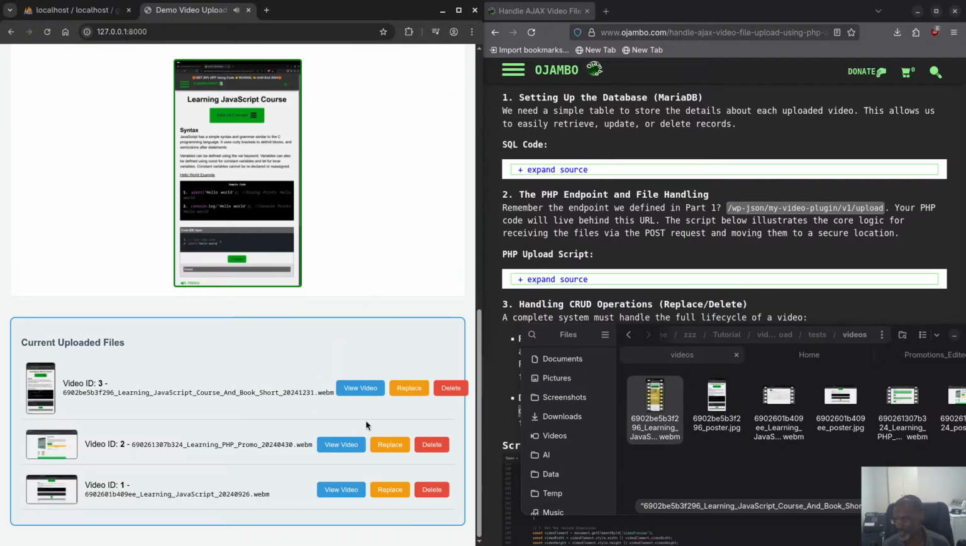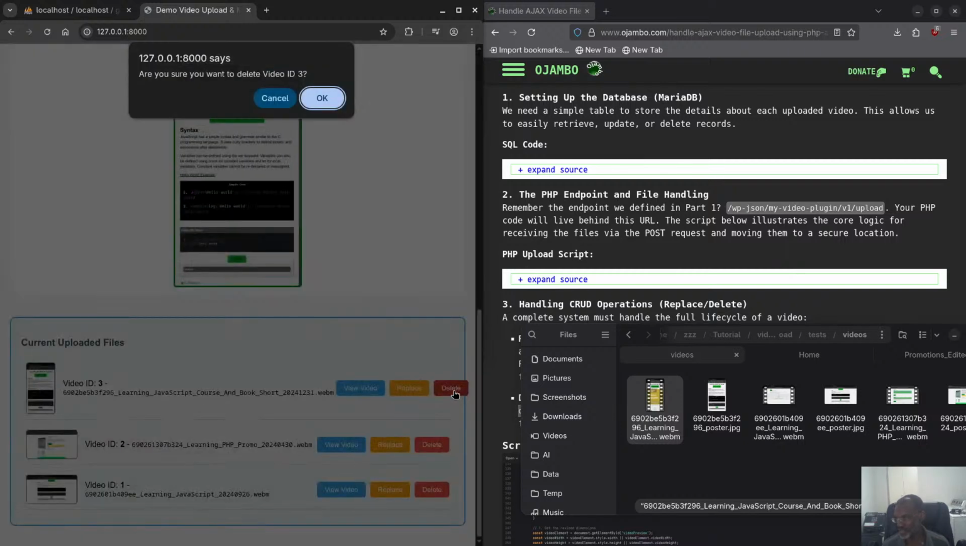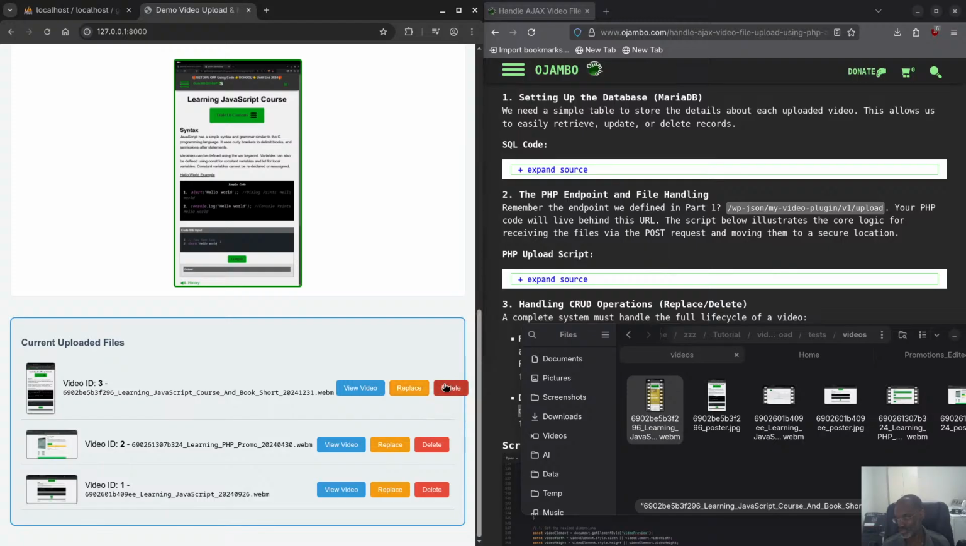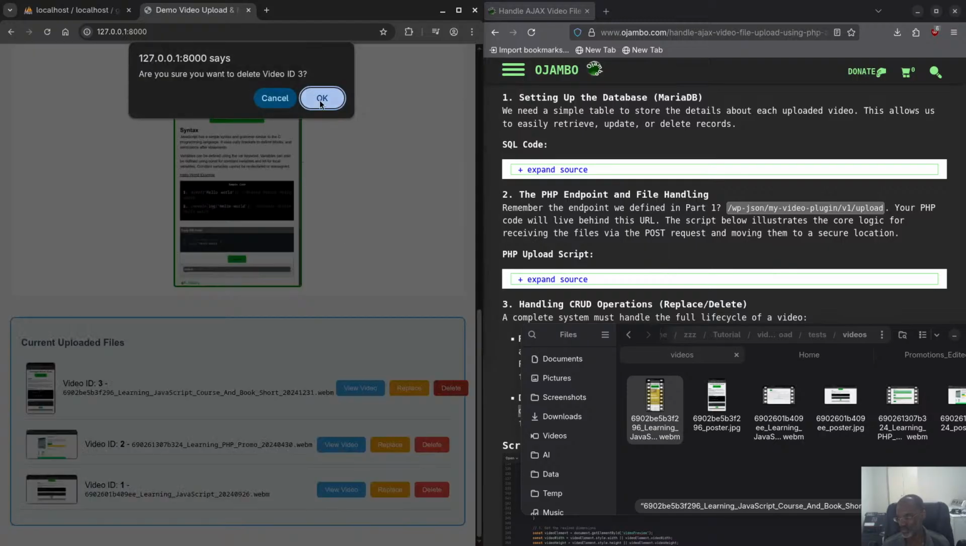I'm impatient. All right, so replace, as you saw, worked. The preview works. And if I hit delete here, it says, are you sure you want this? So that's called a confirm alert. It's an easy way to say basically yes, no. So if I click cancel, it's not going to continue. If I hit delete again, if I click OK,